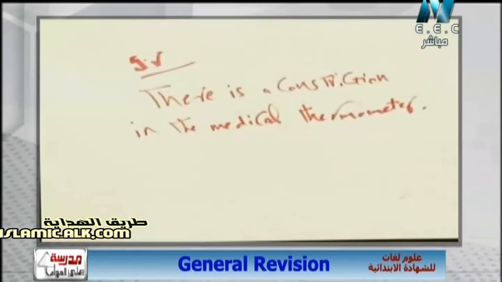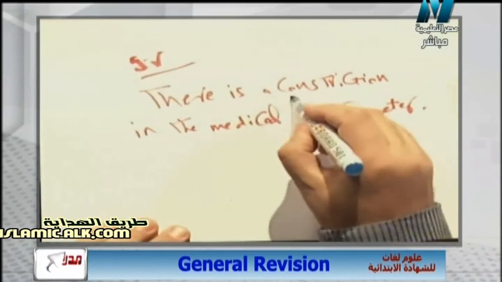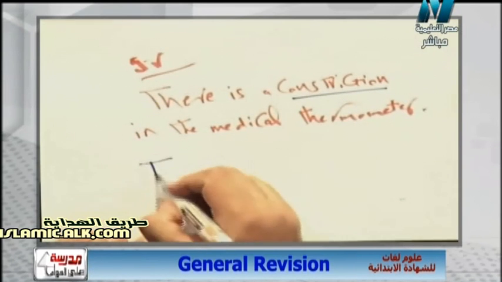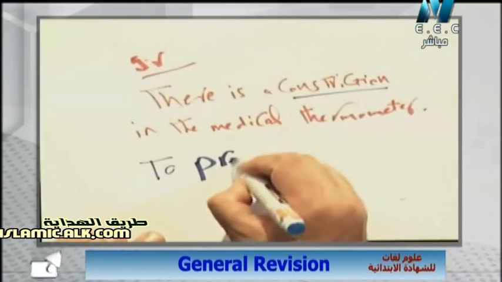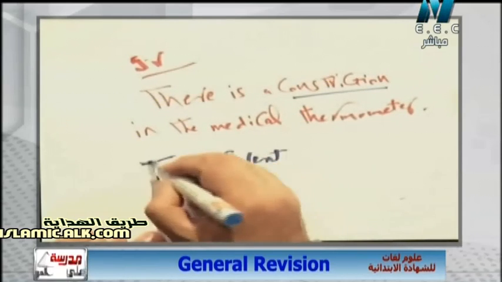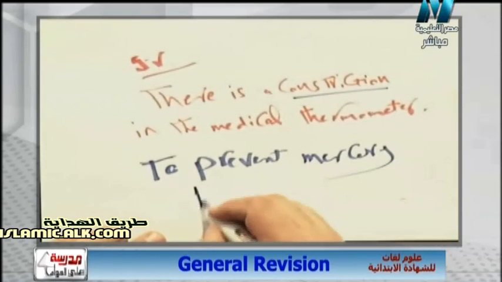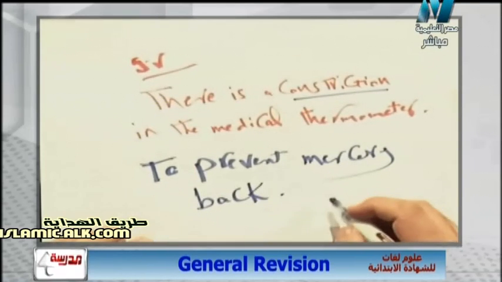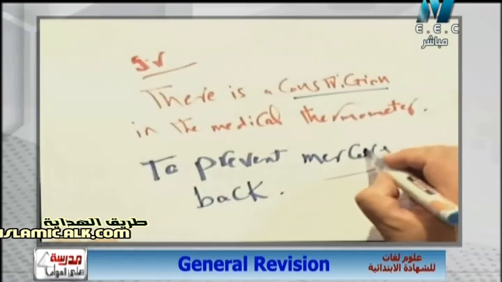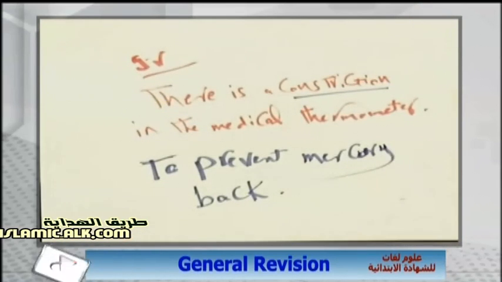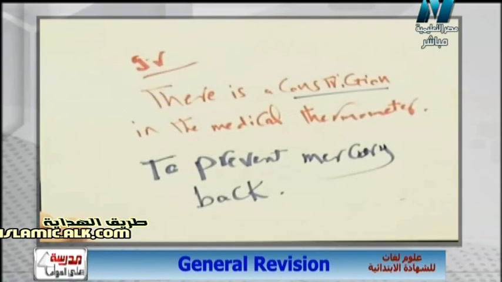Surely I have a very important answer for this question. سؤال مهم جدا. ليه عندنا constriction في الترمومتر الطبي؟ So the answer will be that to prevent mercury back. عشان يمنع الميركوري انه يرجع تاني بسرعة and give me the chance, give me the opportunity to read the temperature correctly. So again, there is a constriction in the medical thermometer to prevent mercury back,